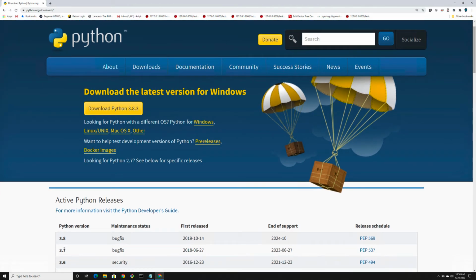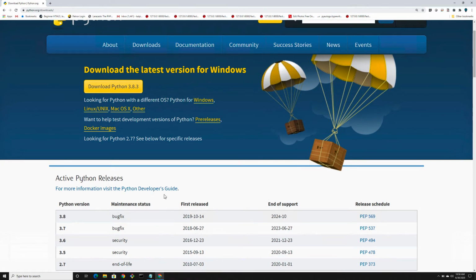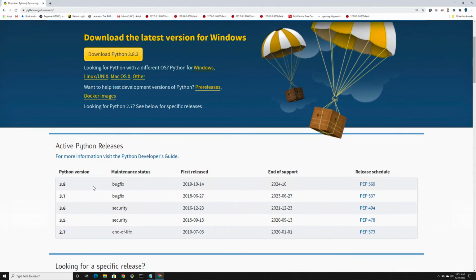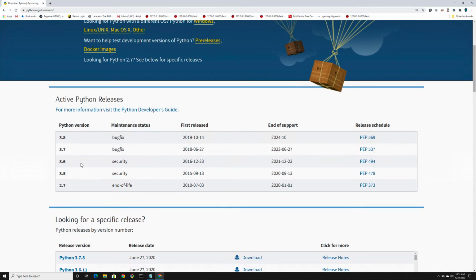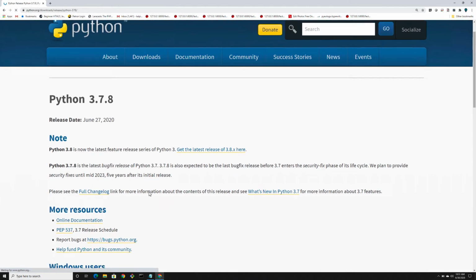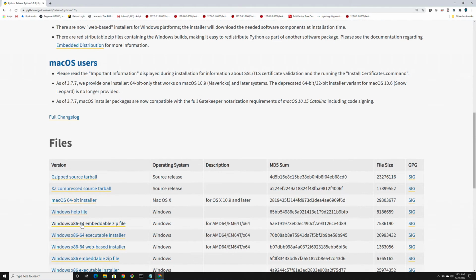So the 3.7 release will help you get to the Python opencv-contrib edition. opencv-contrib has a couple of functions that we'll be using later. So again, it's very important that you go to python.org, visit 3.7.8, scroll further down, and you will see here Windows x86-64 exe installer. Just go ahead, download it, double click on it, and you can go through an install